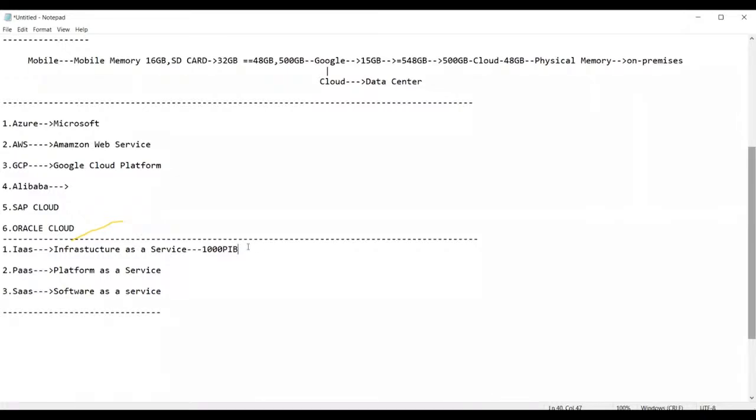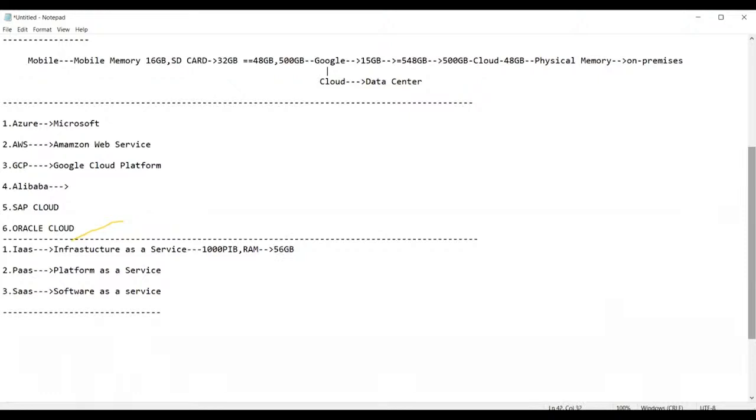Infrastructure as a service. Now, guys, you require RAM, random access memory, let us say 56 GB. You need not buy any external RAM. Simply inform your cloud provider of the RAM you require, and he will set it for you. So you need not worry about the physical components or parts now. Getting my point?